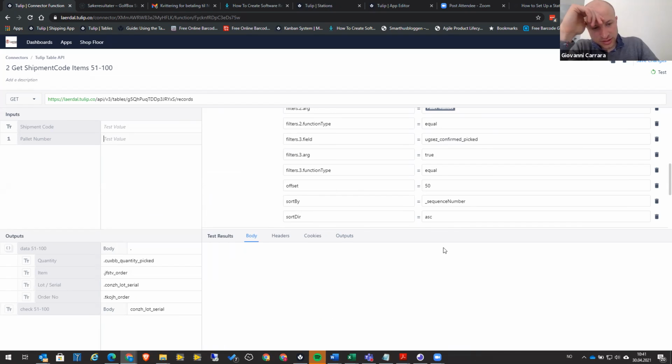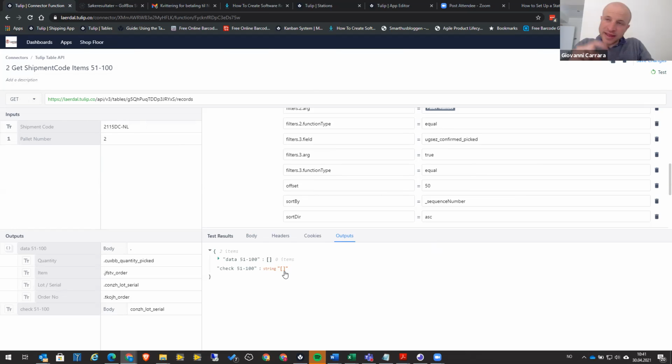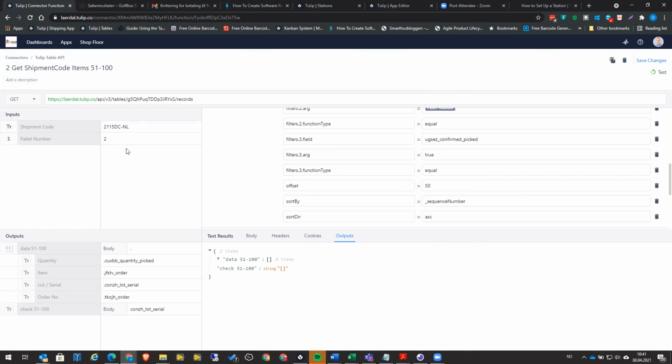than 100. Yeah, it will just be empty. Let's see, 2. Yeah, it's empty. So we check for that. If it's like this, we don't print that. And if there are more than 100, what would come back? If there are more than 100, then